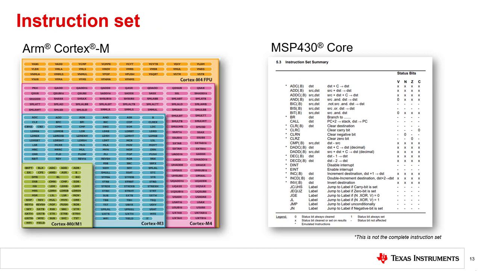Here we show different instruction sets to demonstrate that assembly language will vary depending on your CPU core. Each one will have its own instruction set, which details the commands in the format that the processor will accept. The ARM M Cortex and MSP430 core instruction sets are shown here. Depending on your CPU, you will have different instructions and formats, but can expect similar types of operations to be performed. The image on the left shows that even within the ARM Cortex, there are a varying number of instructions depending on the specific core.